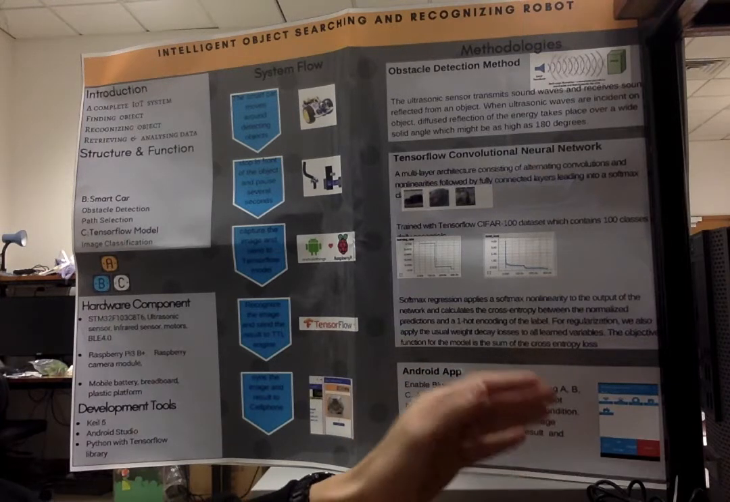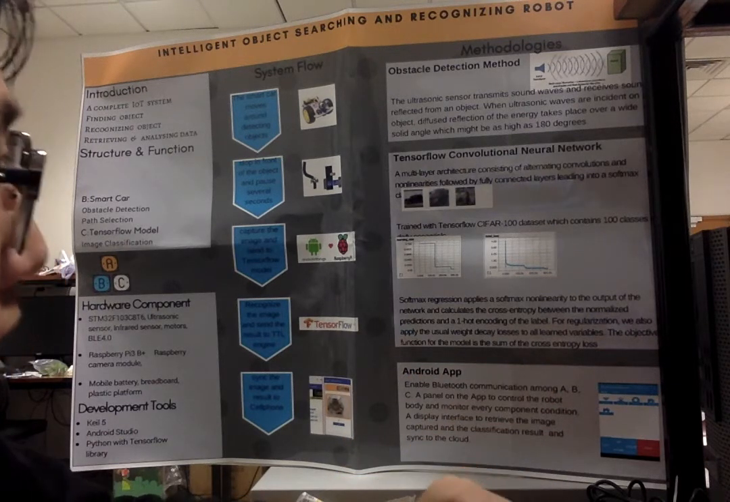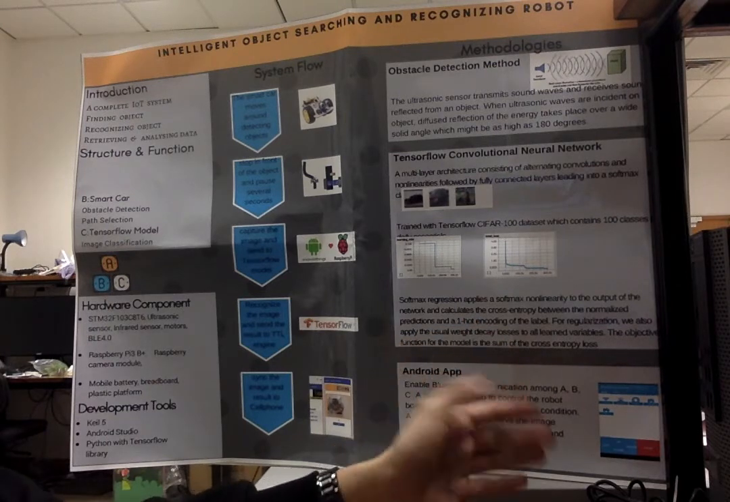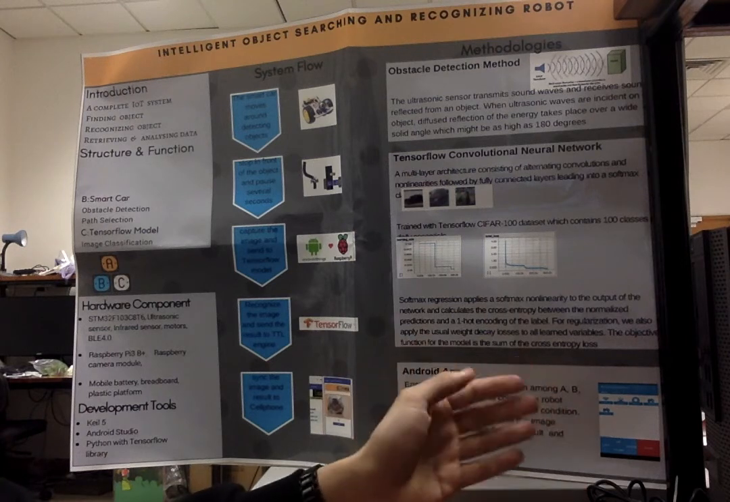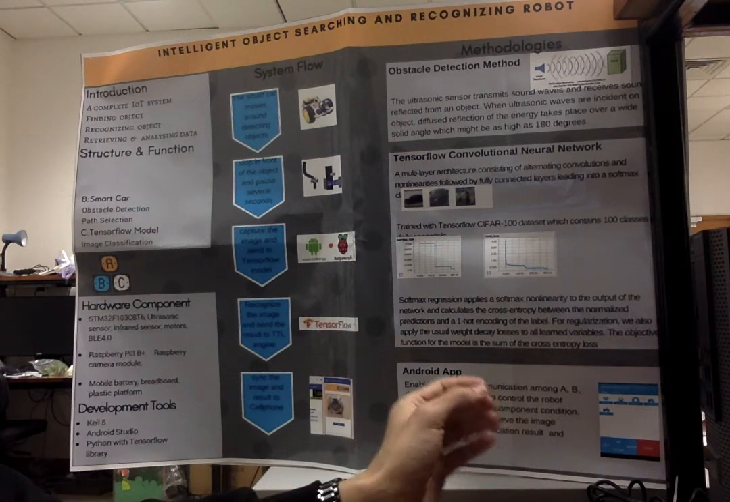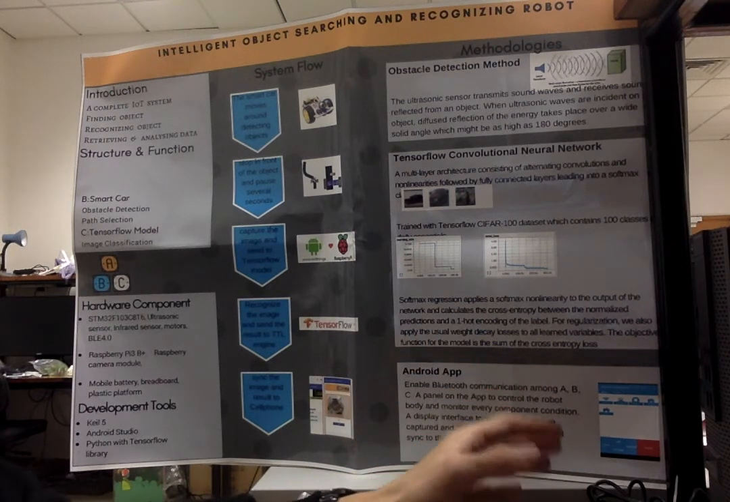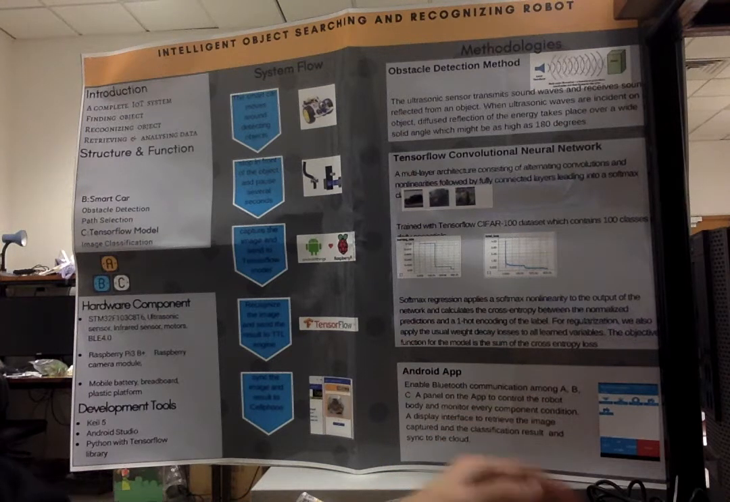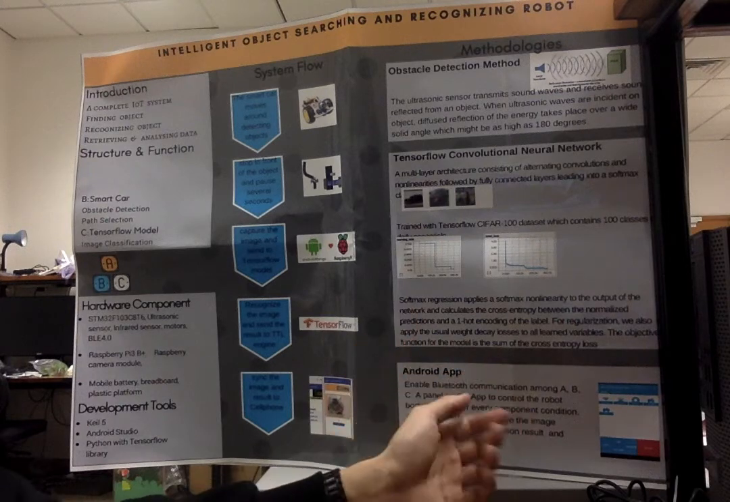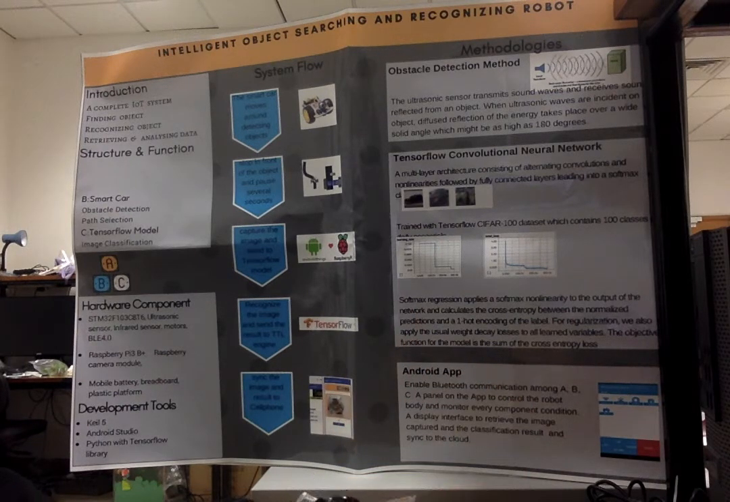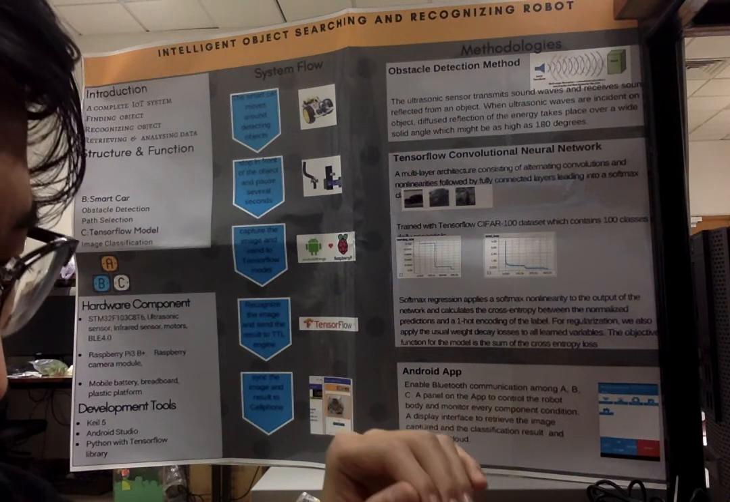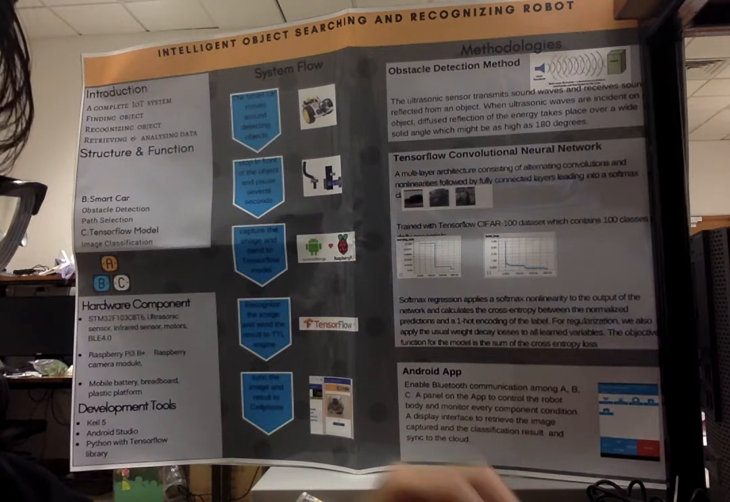And for image classification, I use TensorFlow, and it's a CNN model, convolutional neural network, a multi-layer architecture consisting of alternating convolutions and nonlinearities followed by fully connected layers, leading into a softmax. And it was trained with the CIFAR-100 dataset provided by TensorFlow, which is a dataset consisting of 100 different classes